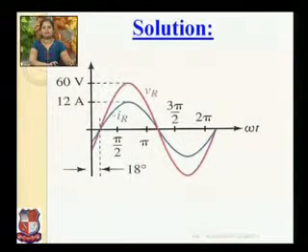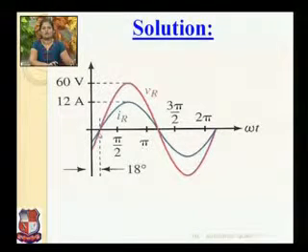The red quantity will indicate the voltage quantity. As we found the value of voltage, it is 60 volt, which is the maximum value attained by a voltage vector. But both have a phase difference of 0, and it starts from the 18 degree. So here it is 18 degree.